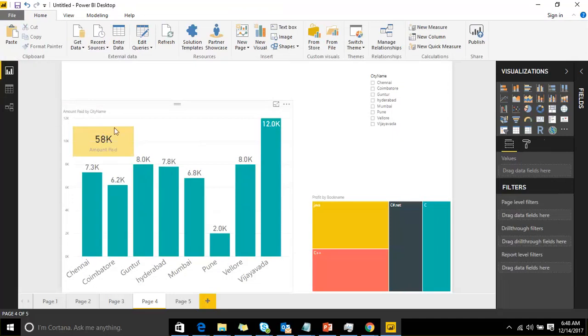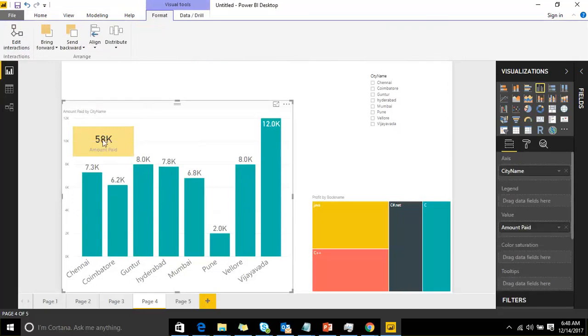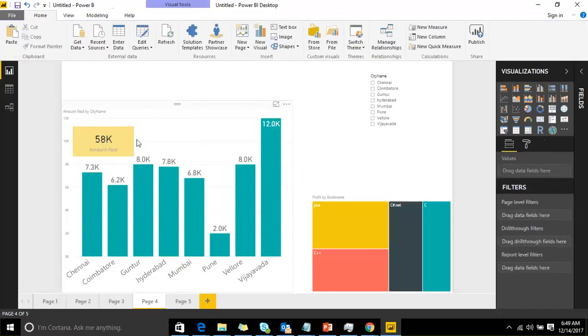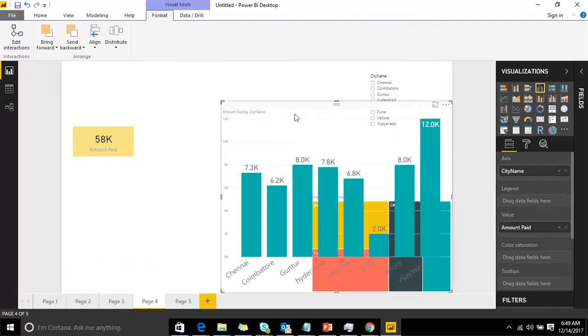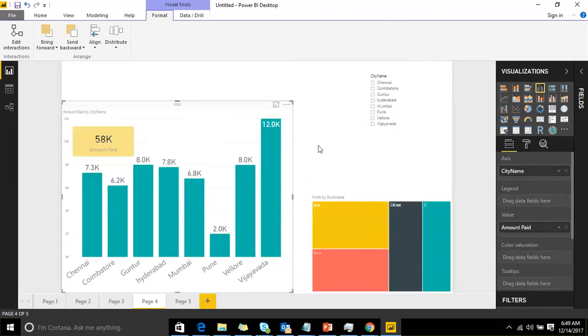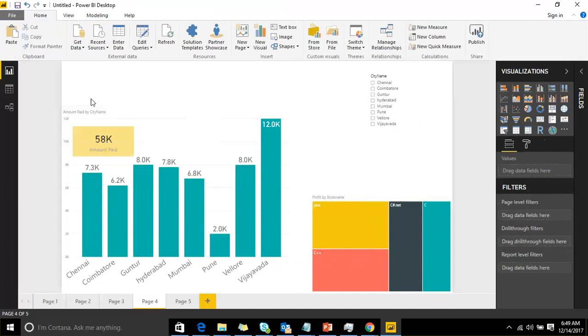At that time, what I need to do? The card is overlapped with this bar chart. Under this bar chart, that card is there. If I want to work with the card, it is not allowing me to interact with it. What we need to do is drag this one, change this one, and drag this one again. Other than that, if you want to interact with that card, you have an option: select the visualization,